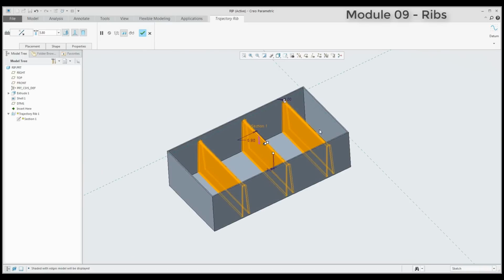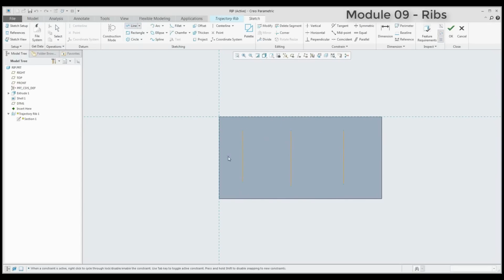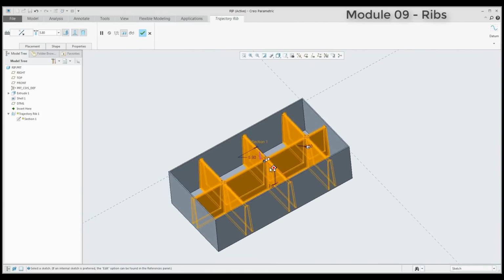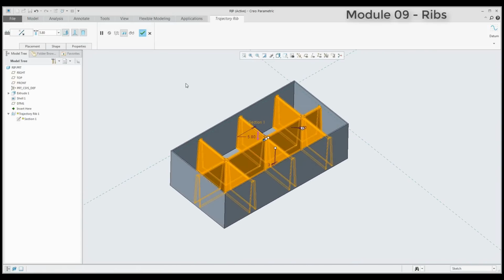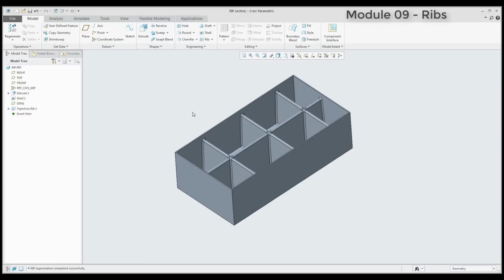And again, if you would like to add more than 3 rips, go to the placement tab, edit, and add other lines, and you can create an intersection line. The trajectory rip is a special feature where directly in the sketch you can use the intersection line. And the final result looks like here. So you can see that it's possible to really quickly create the trajectory rip, and if you would like to edit, no problem. You can, for example, edit